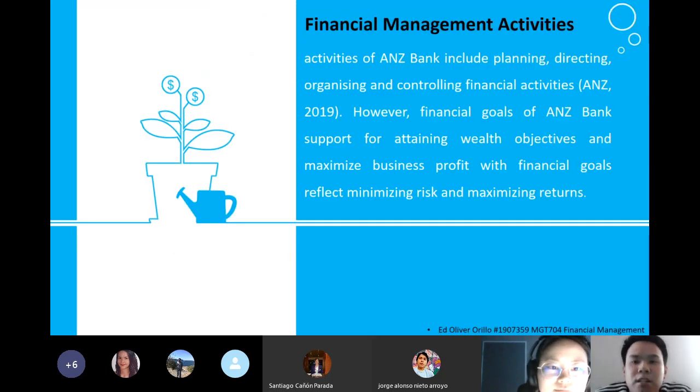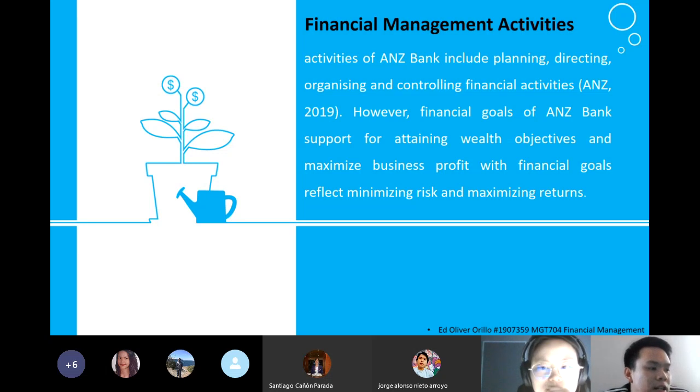ANZ financial management activities. These are the activities that ANZ is doing. They include planning, directing, organizing, and controlling financial activities. The financial goals of ANZ Bank support attaining wealth objectives and maximizing business profit, and they reflect minimizing risk and minimizing return. With these activities, the ANZ Bank